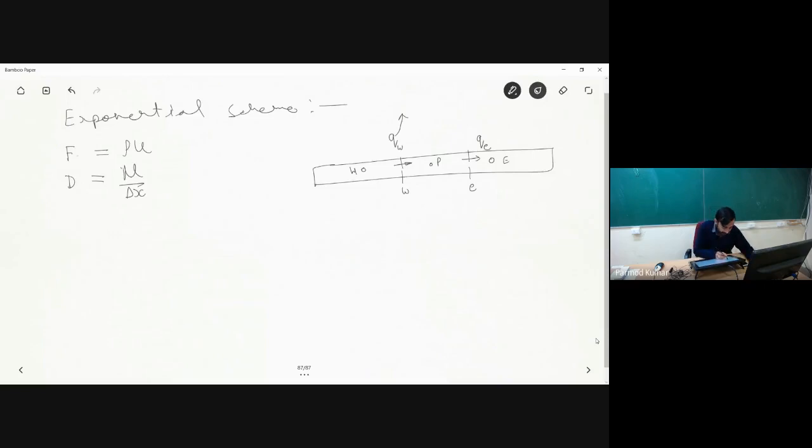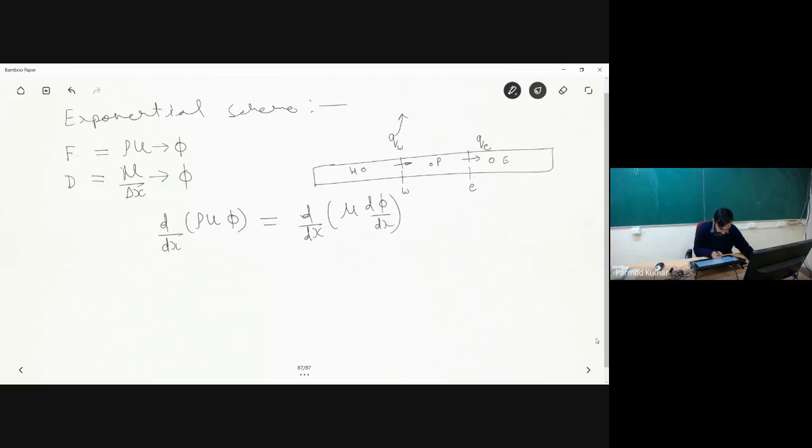Over here, the convective flux is carrying some phi with it, and the diffusion conductance is also carrying some phi with it. So what is the net result of that overall flux? That is something we want to find out over here. If I start with the initial equation, it is d by dx of rho u phi equal to d by dx of mu times d phi by dx.